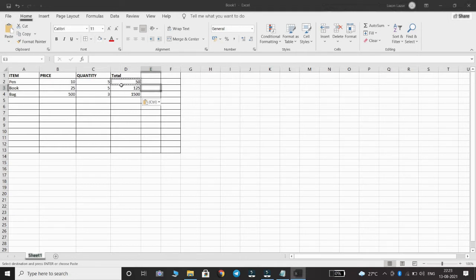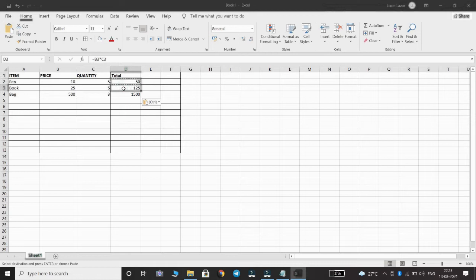This is known as relative references. Here in the formula bar, the cell address that you have used in the formula gets changed accordingly. See, the formula of this cell is B2 into C2.